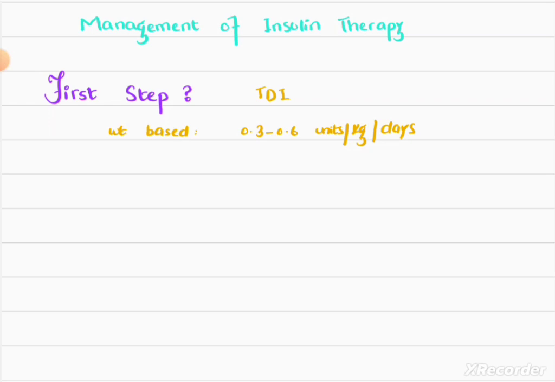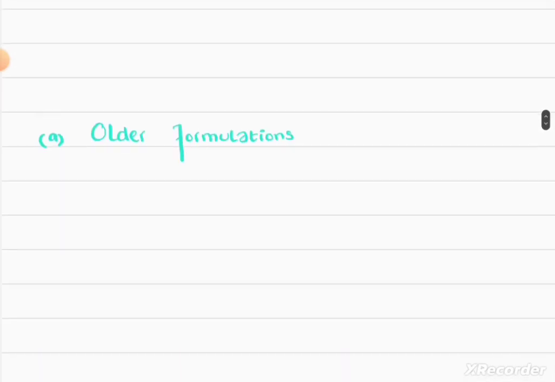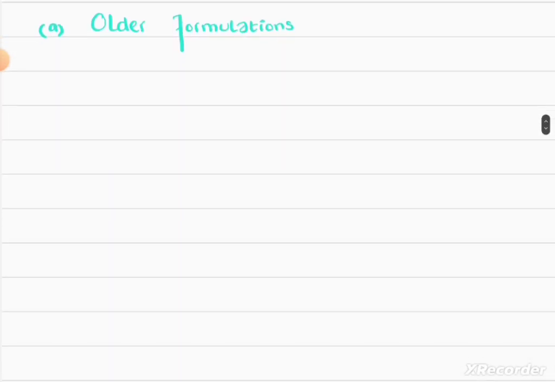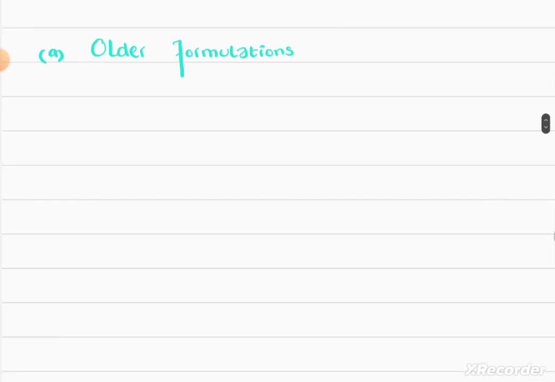There is an older method in which we used to use NPH and regular insulin, and then there is basal bolus insulin therapy, which is a more recent method of managing insulin in patients. So we'll start with the older formulations. In the older formulations, the first step is always the same: we calculate the TDI, and then with the older formulations in which we used NPH and insulin R,